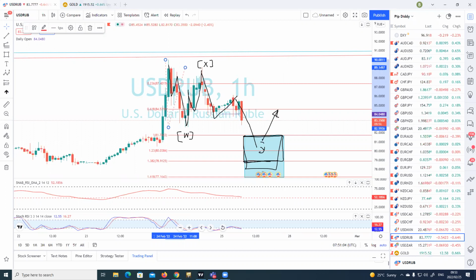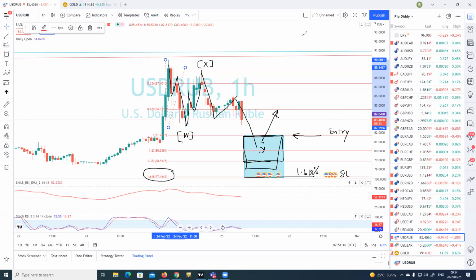So the invalidation level should be here, right, at 1.618. This would disqualify this whole structure as a zigzag, right? It should not extend below the leg Y. The Y leg should not extend below the 1.618 termination of wave A. So that's the setup that I have. I'm going to place my buy order at this level, and then I'll place my stop loss at this level.